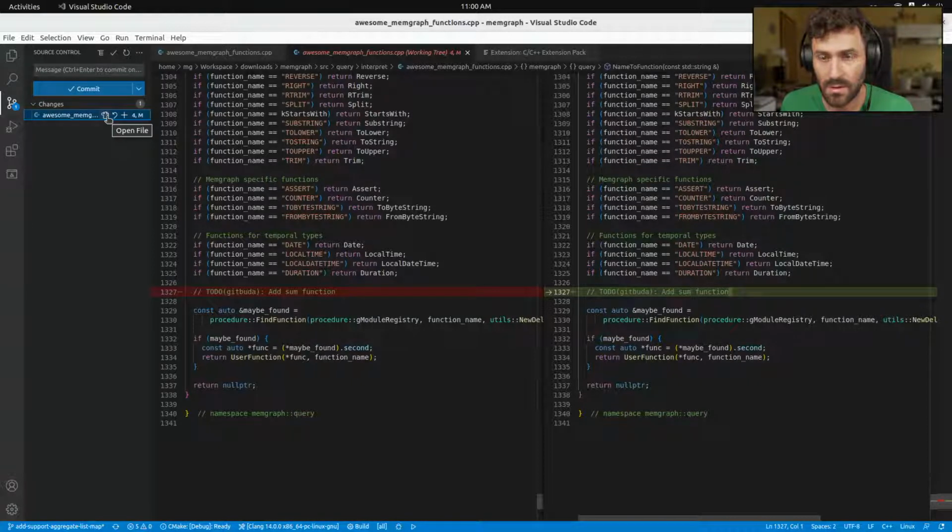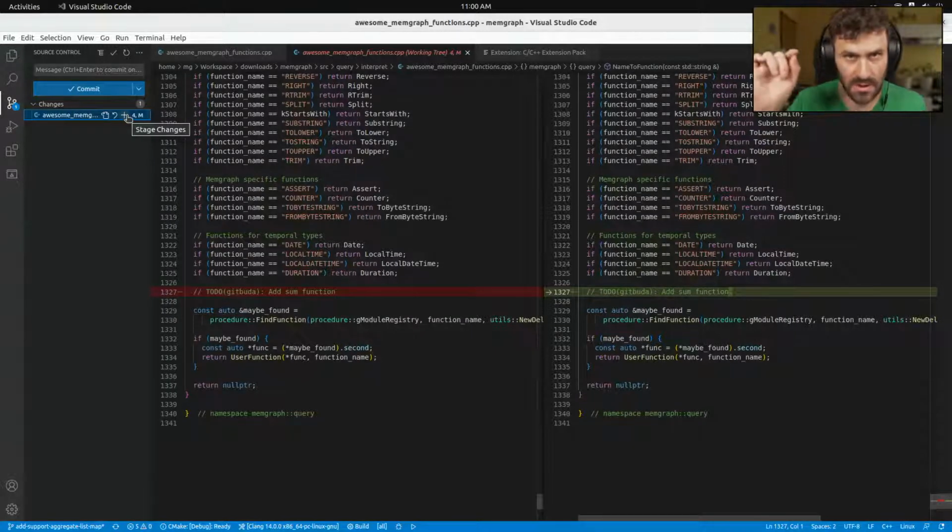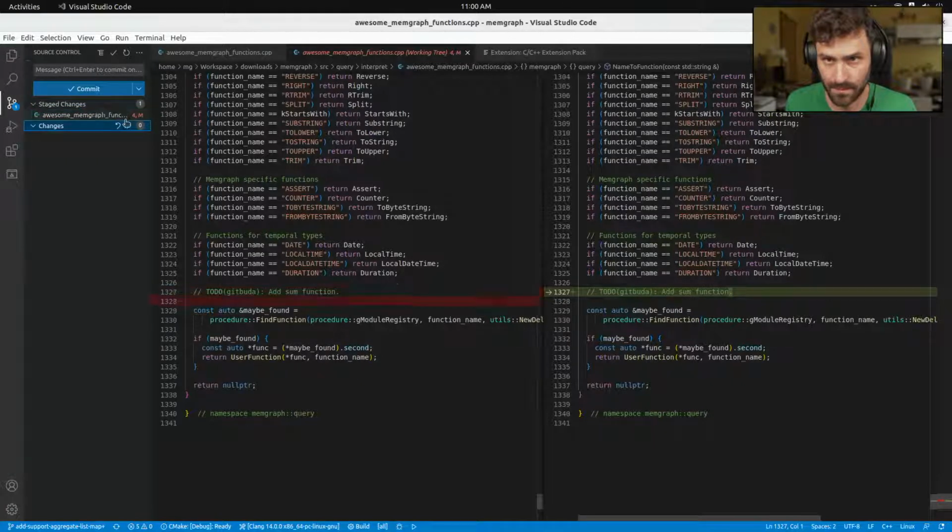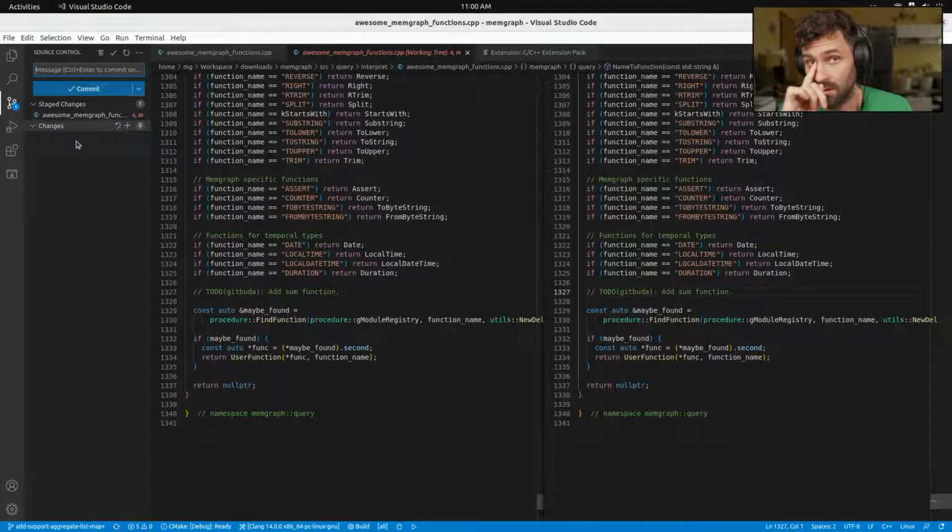Here you can open file, discard file, stage changes. Stage changes means git add, so this is the same action. If I click here, now it doesn't tell you that it's different, and here you can commit, but this will take the git